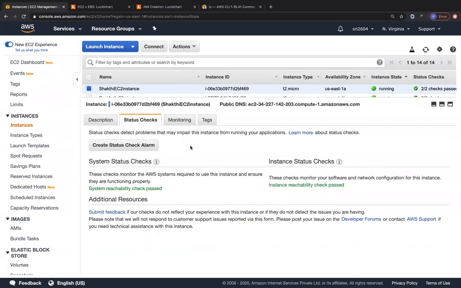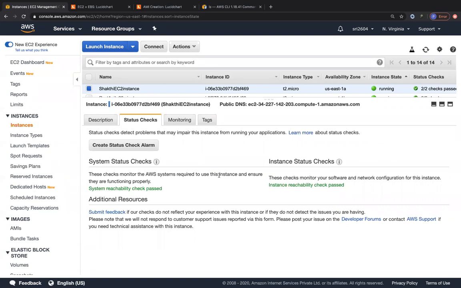Okay. One more thing that you can do from the monitoring aspects is look at the status checks. You have two types of status checks over here: system status checks and instance status checks. Instance status checks check your software and your network configuration, whether there is network reachability. System status checks whether your underlying host is a healthy host. If both of these pass, you are ready to use your EC2 instance. It's working perfectly fine. But suppose your system status check does not work properly, and it says that only 1 out of 2 status checks have passed. Your instance status checks have passed, but your system status check fails. Stop and start your EC2 instance so that it is rebooted on a healthy host in your availability zone in the respective region in AWS's cloud infrastructure.